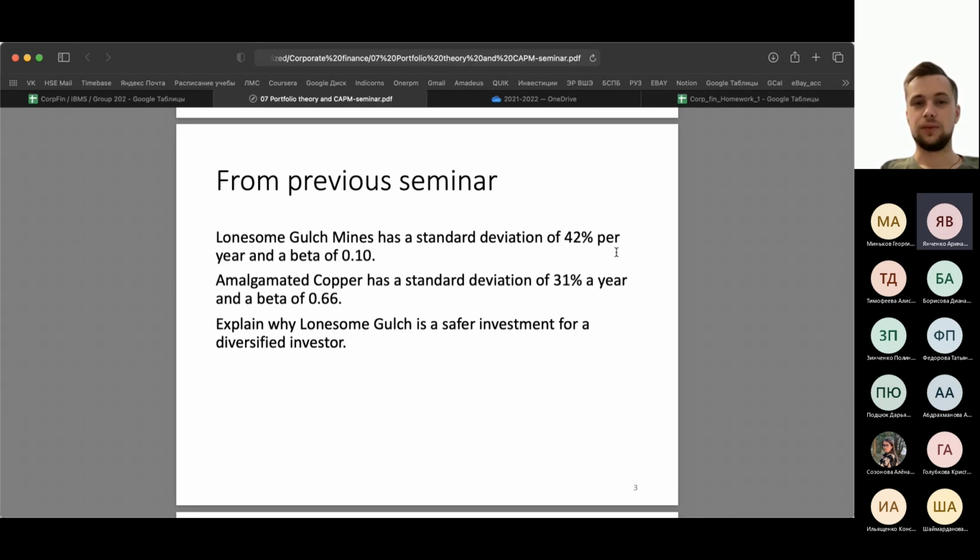Okay. So why do we look at betas and not at the standard deviations? So we compare them with the whole market. Yes, with the beta, yeah, but